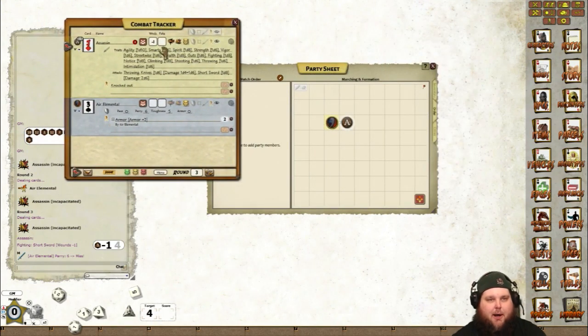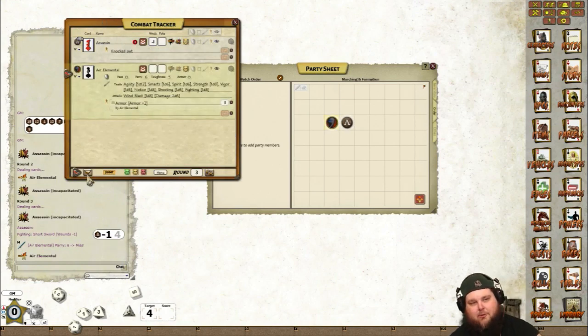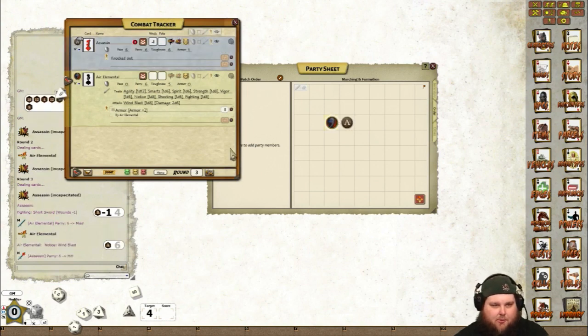So it has a 6 parry, because remember I said all the DCs are 4 except for when you're in melee and you're adjacent and you're attacking. So this elemental has a 6 parry, which is pretty high, and that was a miss. Then we would go to the air elemental, hit the next actor button, or the next combatant for this rule set, and now it's the air elemental's turn, and we'll use our wind blast attack and attack the assassin. And the assassin, let's see, is going to have a parry of 6,